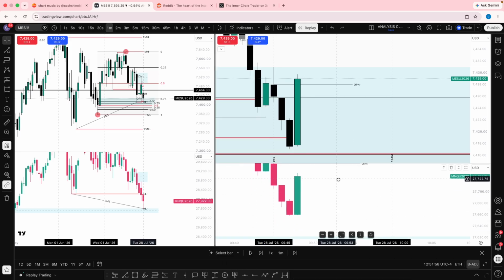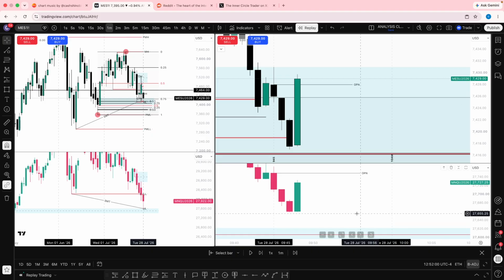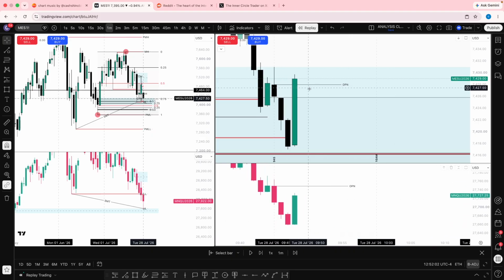So you have the 9:45 open, a low, create a swing low, then a displacement happened that passed this order block here on the 1 minute. Not only that, it displaced through this also on NQ. So I'm looking for a market structure shift, change in state of delivery,